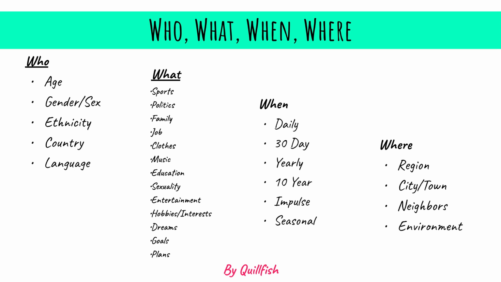What is their current job? What kind of clothes do they wear? What kind of music do they listen to? What kind of education have they been exposed to? What is their sexuality? What are their entertainment values? And what do they go to have fun? What are their hobbies? What are their interests? How do they involve themselves in them? And then the dreams and goals and plans of this person all come together to give you a holistic view of an individual person. Now, you're quickly seeing that if you know this much about a market avatar already, it'll be very easy to create the kind of ads that speak to that person's values. And we will discuss values in a little bit, but we're going to move on to the when,